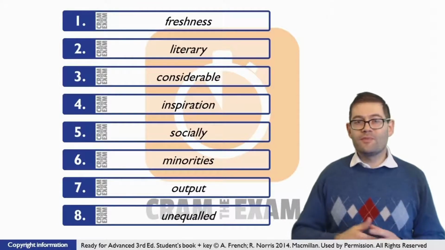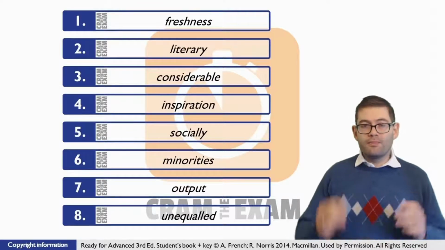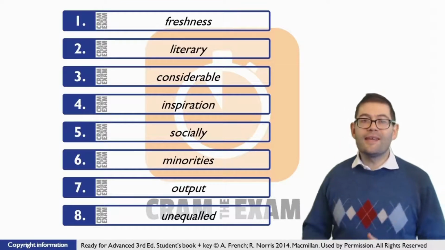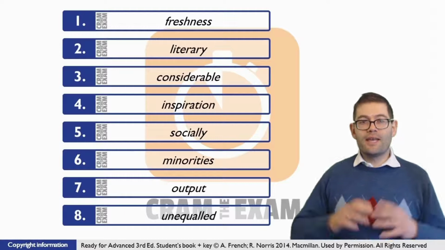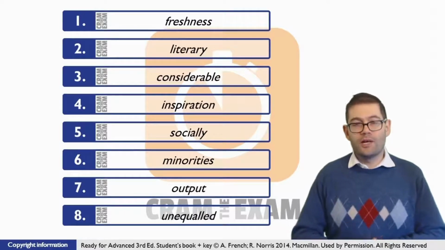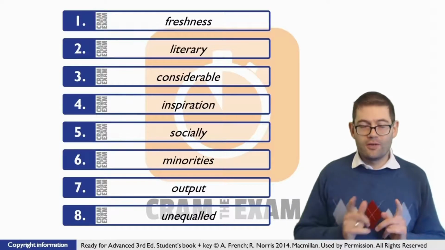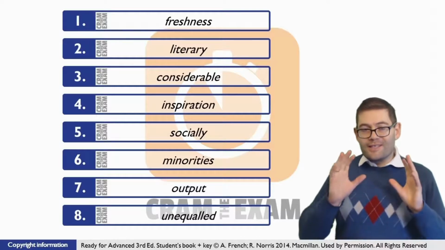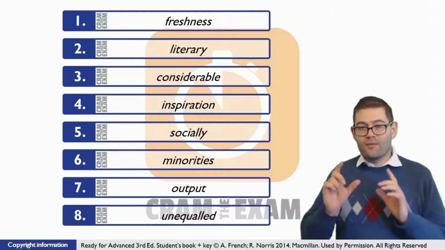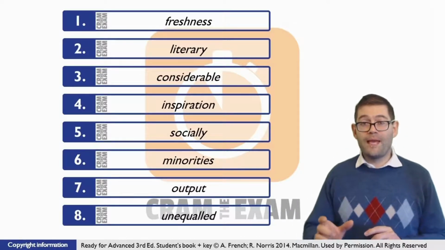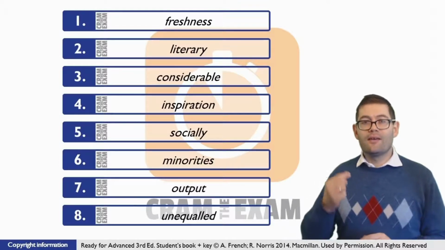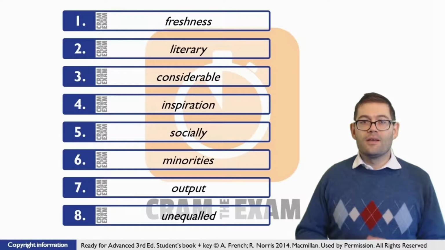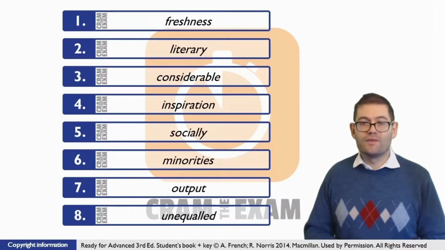For question number 8, just before the gap, we've got a verb. So you're probably thinking, okay, what I need here is an adverb because that's going to modify the verb and everything's going to be brilliant and I'm going to get full marks for this question. Not quite. Because the sentence structure means that the word that we have to put in the gap refers not to the verb, but the noun at the beginning of the sentence. So this has to be an adjective of some kind.